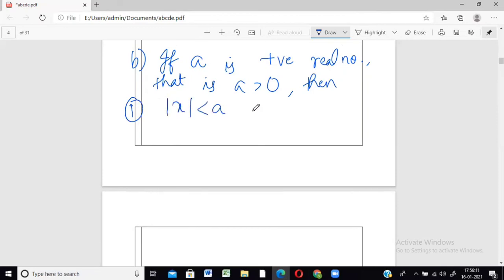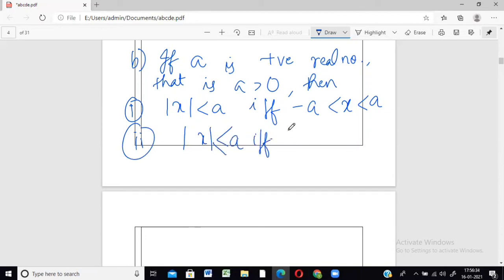Mod x is less than A if and only if minus A is less than x less than A. The second one, mod x is less than or equal to A